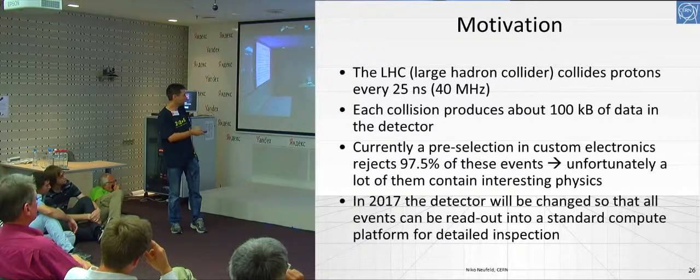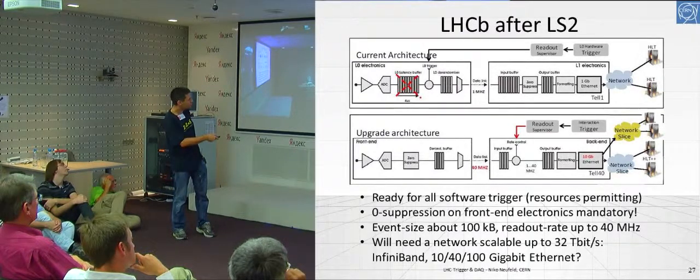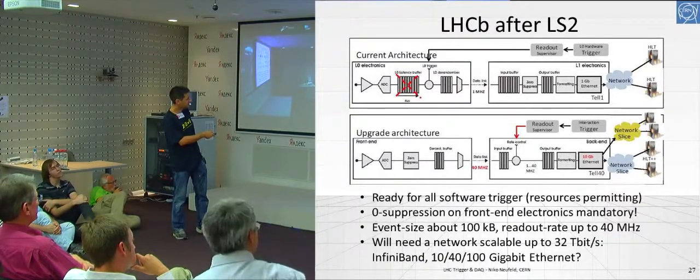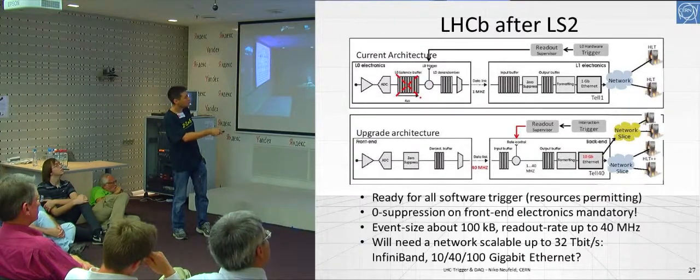Yes, so this looks then like this. Before, you had this kind of mechanism which magically tells you which ones are interesting, and now you just push them through. That means you have to do some kind of intelligent compression directly after the sensor has been acquired. Otherwise, it would simply be too much, and then you feed it out